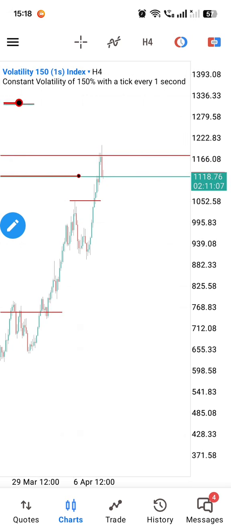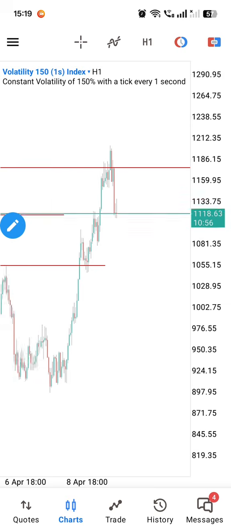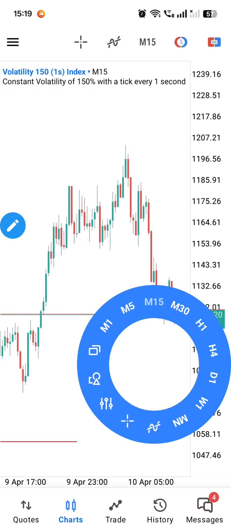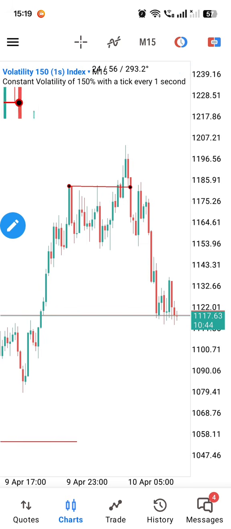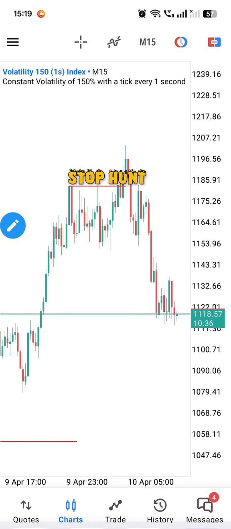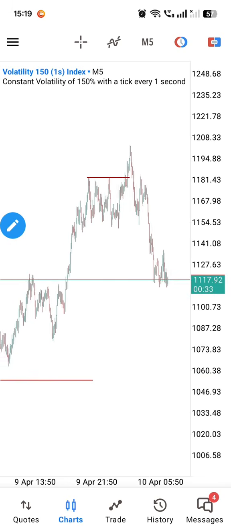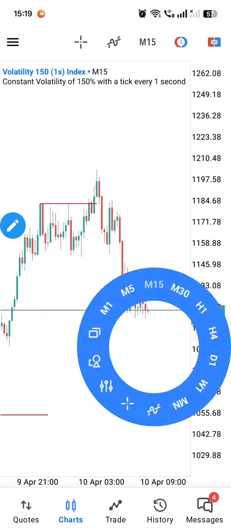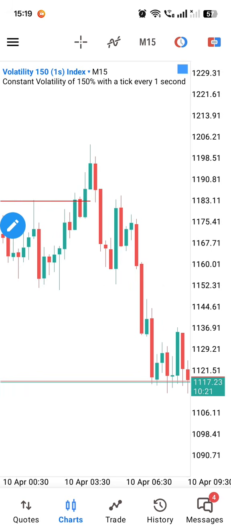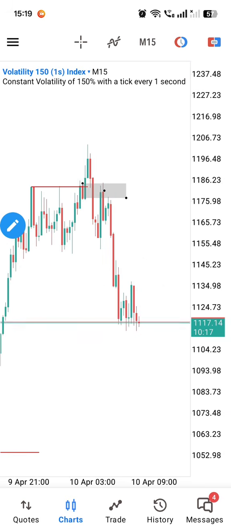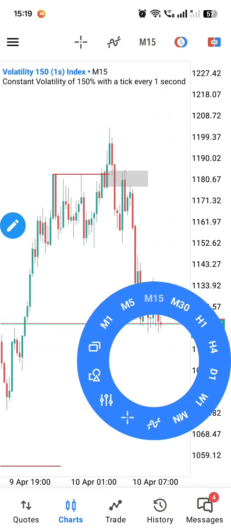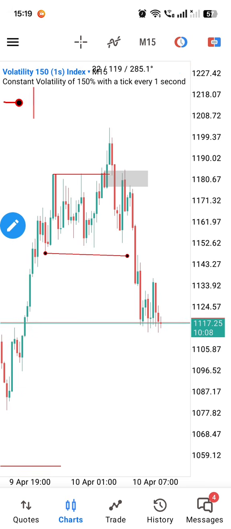Now this happens on the daily, so we go from the daily and jump straight to like 30 minutes or the 15 minutes time frame. So on the 15 minute, what price did is it gave us a stop hunt there, and after it gave us a stop hunt, you can see there's a sort of consolidation a bit, and it was confirming within that range where it respected this 15-minute breaker block,